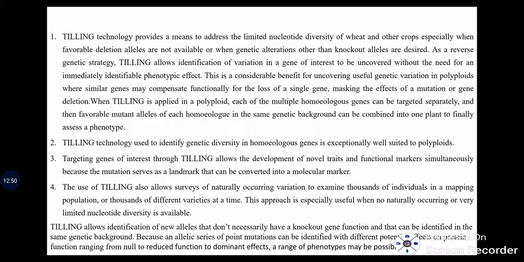TILLing provides a means to address the limited nucleotide diversity of wheat and other crops, especially when favorable deletion alleles are not available, or when genetic alterations other than knockout alleles are desired. You may know that NGS technology is very helpful in the identification of rare alleles. Through SNP technology, that is single nucleotide polymorphism, we may find rare mutations or rare changes between two individuals,